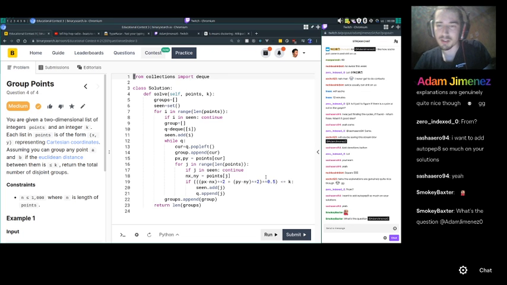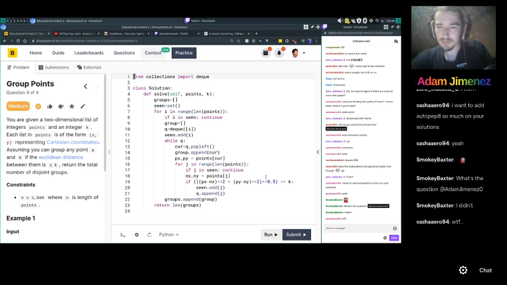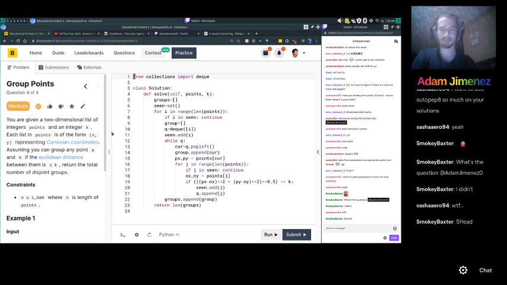Right now we're going to tackle the last question. That was very interesting, to say the least. So basically the problem is, you want to have the minimum number of groups where every point has a maximum distance of k to at least one other point in the group, if that makes sense. So here's how I did it. I iterated over every point, and if I never saw it before, it means it doesn't belong to any other group. So when that happens, I put this point into a queue,